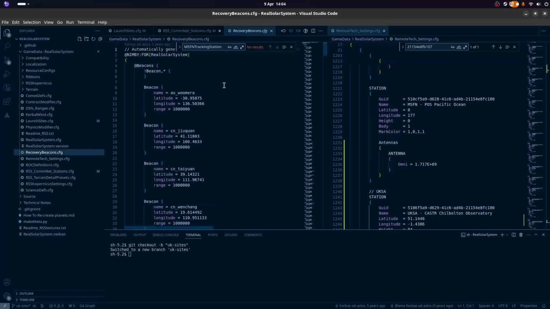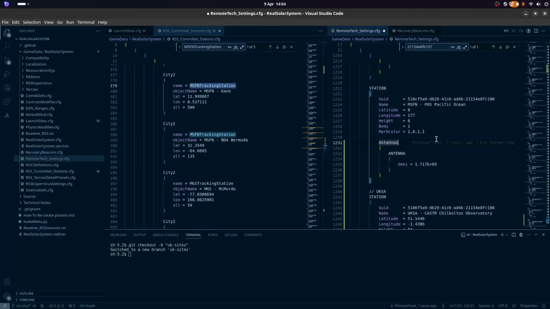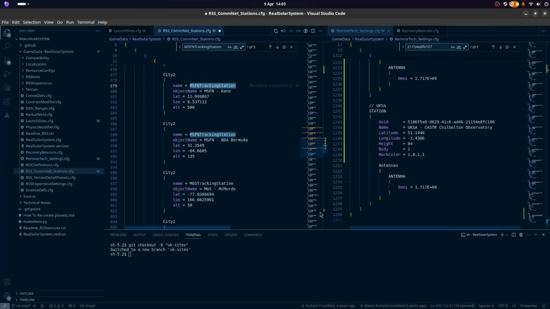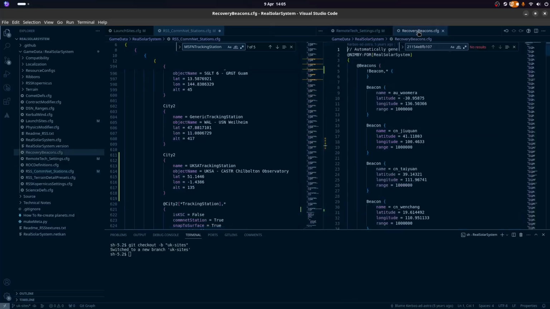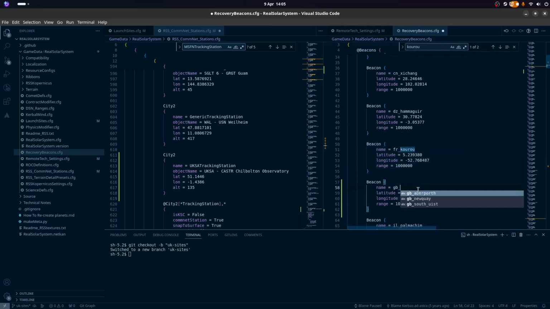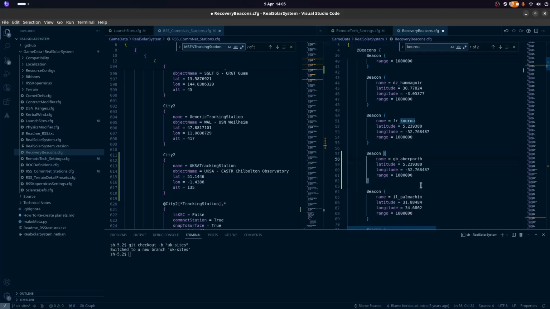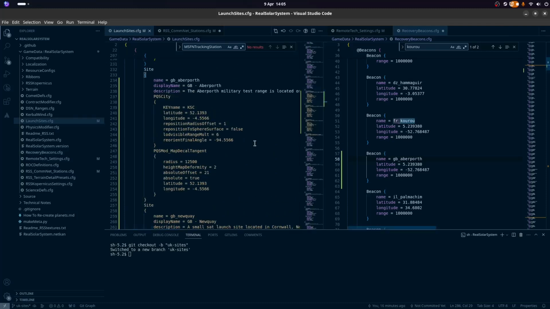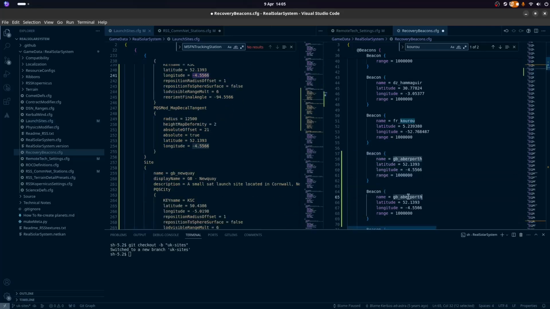What else do we want? Do we want a recovery beacon? Probably we do, yes. And I'm wondering whether I should actually have this as an MSFN just temporarily, but no, we will not. Guru, we want to add a beacon, and this will be GB underscore the fourth. It will be at this and this, and we want a beacon for Wiki.